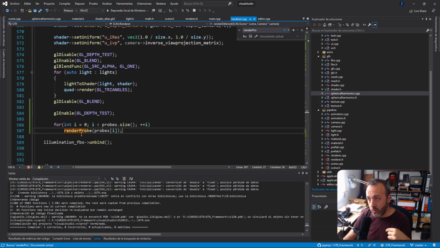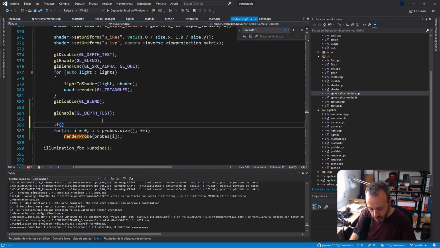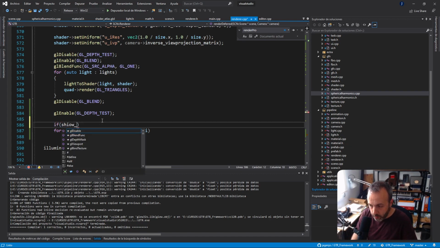So when you are computing the amount of light the probes have, because you're rendering the probe, maybe you're in the debug mode and you want to render them, you are also rendering the probes inside the amount of light that the probes can see. In other words, probes are seeing other probes, and that's weird. So it's always good to add something like show probes,